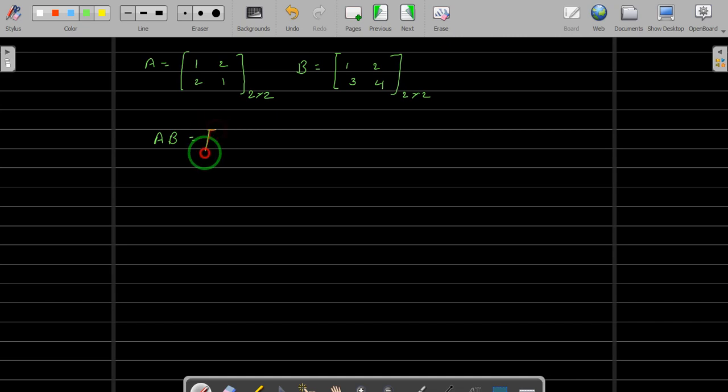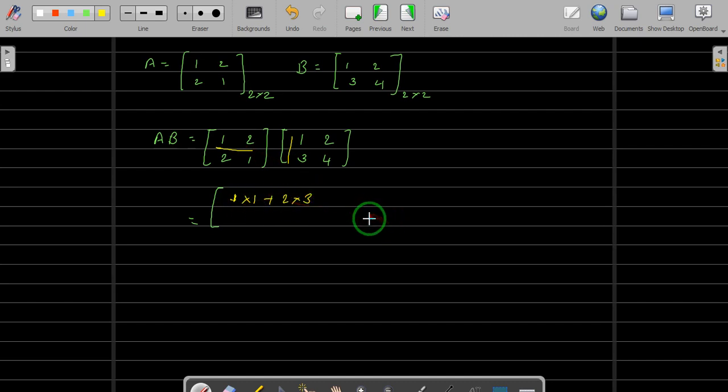possible. So here what you do is we have 1, 2, 2, 1 into 1, 2, 3, 4, and this multiplication is defined to be the order of 2 by 2 itself. So let me write that. What you do is you take the first row to get the first element here, A11 entry here. You take the first row and you take the first column, you multiply and then add. So what you do is you take 1 into 1 plus 2 into 3. That is your first entry.